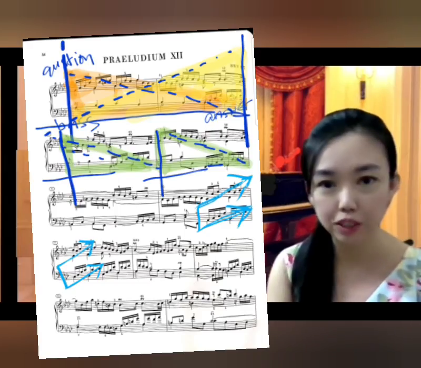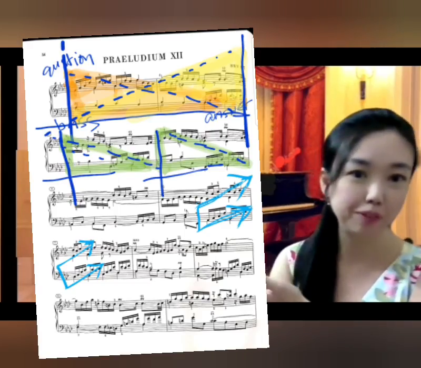The contrapuntal writing in this piano work can form different geometric patterns, and before I explain how these shapes are formed, we need to cover a little bit of historical background first. I will be playing one of his preludes later. His work must be treated differently when you analyze and when you play. When you analyze it, you can look at it mathematically, but when you play, it has to be played with